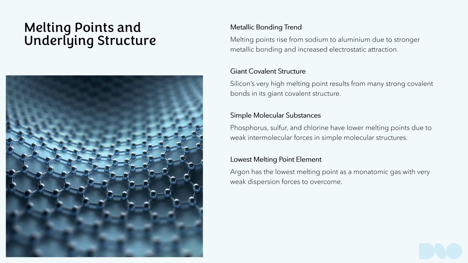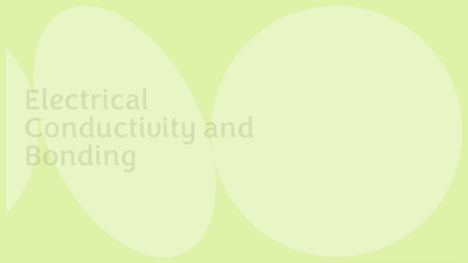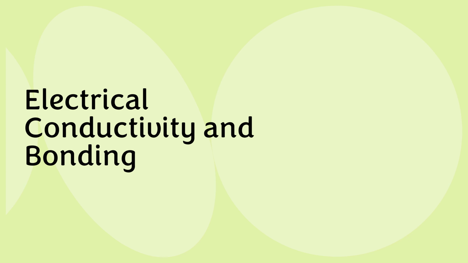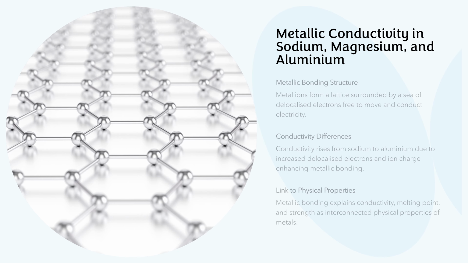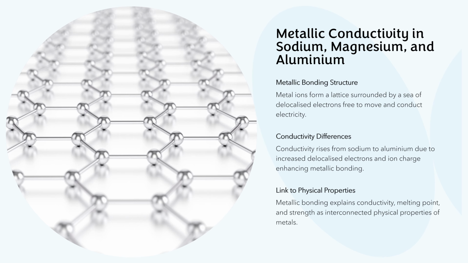Argon has the lowest melting point because it is monatomic and only experiences very weak dispersion forces. Metallic conductivity in sodium, magnesium, and aluminium, semiconducting behavior of silicon, non-conductivity of molecular and noble gas elements. Sodium, magnesium, and aluminium are all metals and conduct electricity in both solid and molten states due to the presence of delocalized electrons. In metallic bonding,